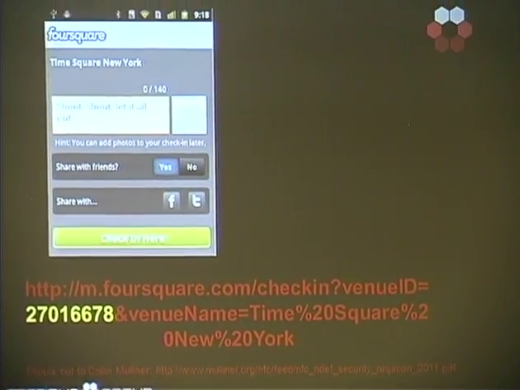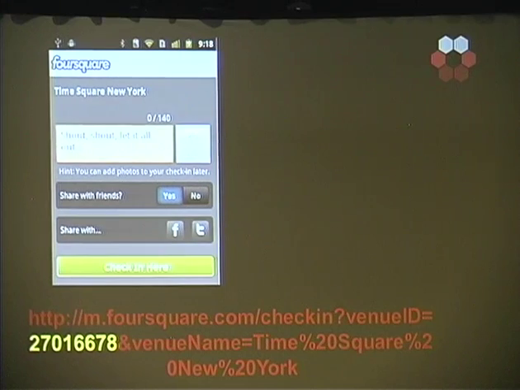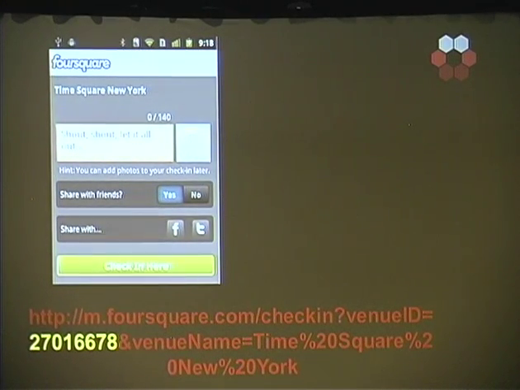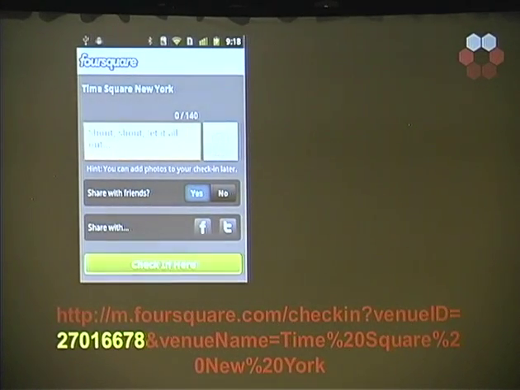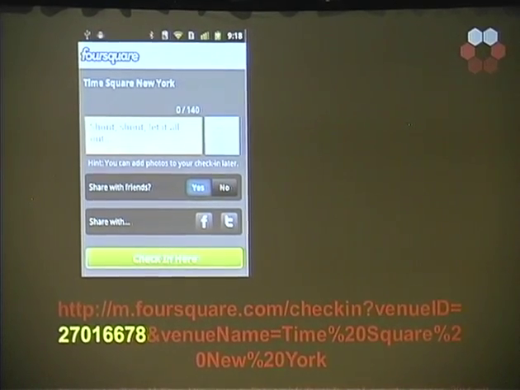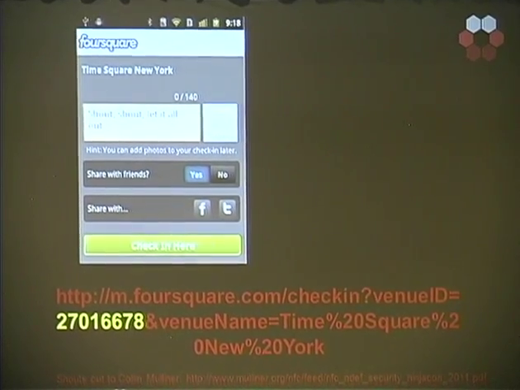In the Foursquare application's backend, the check-in gets associated with the name of the venue, but the name is not associated with the venue ID.